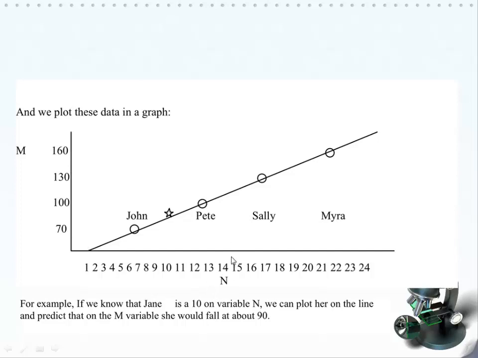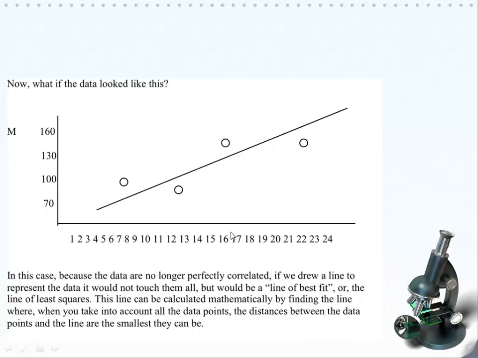In other words, we can predict, knowing just one variable, where a person will lie on the other variable if the data line up really nicely like this. This line would be a really good way to predict scores. In reality, though, the data aren't that neat. They spread out a lot more, and this is still pretty well-aligned data. It's usually not this neat, but if the scores for another group of people were distributed this way, and we wanted to draw our line of best fit, we would